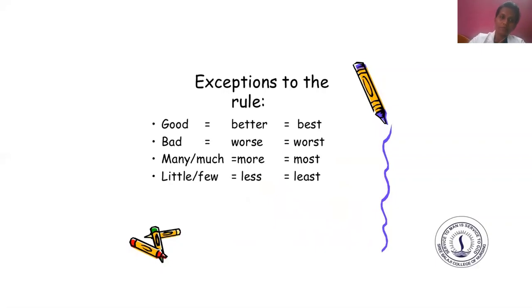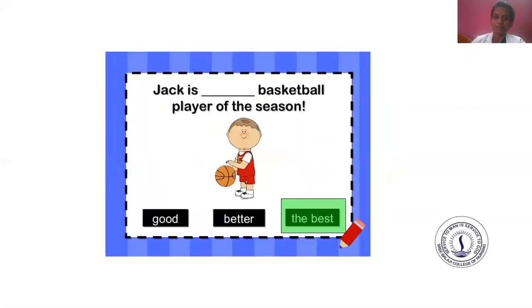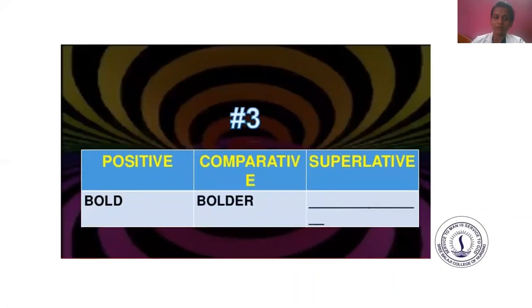And this is very important. Remember, this will not come under any rule like adding -er and adding "more". So this is very important. You have to learn the correct form of the adjective here. So good, better, best. I am good, I am better than him, and I am the best in the classroom. I am the best student in the class. So this is how you have to try to make as many sentences as possible, so that you will get enough knowledge in degrees of comparison. So make sentences and try to learn all the forms of